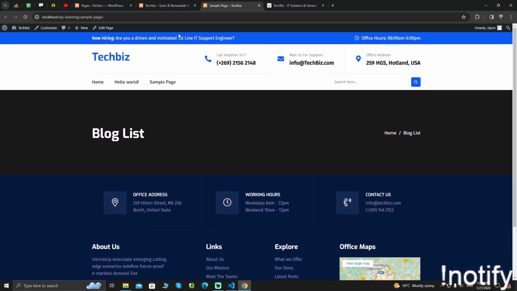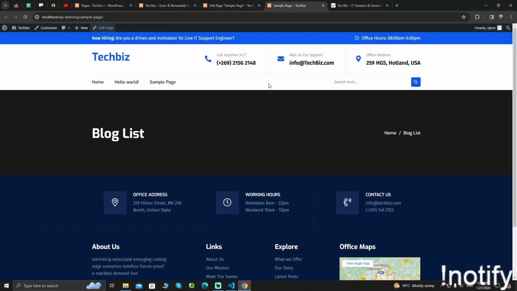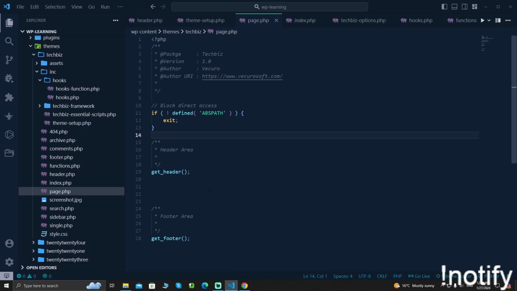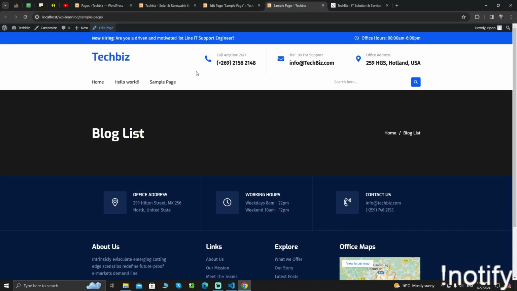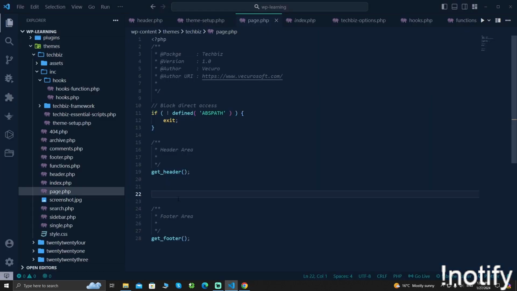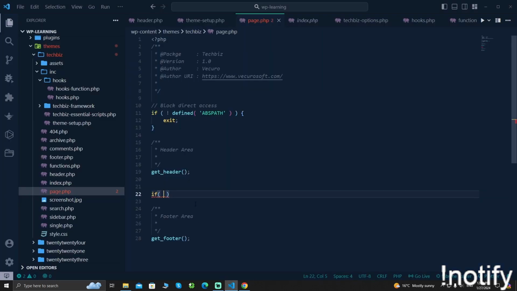Now inside this sample page we'll go to edit page, and we can see some content here, but it is not showing on the page because we haven't written the proper code for running this content. So for that we need to write some code here. Each page and each post is something like a post in WordPress. So if we have posts,